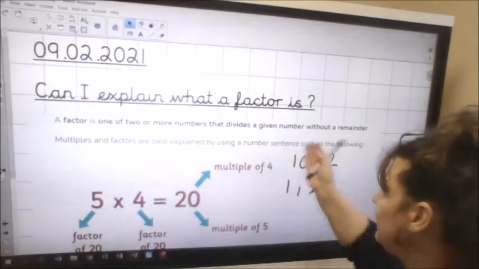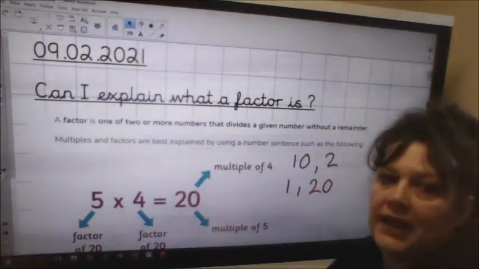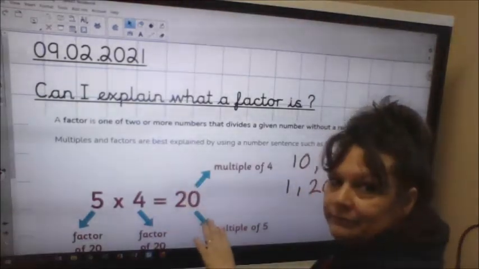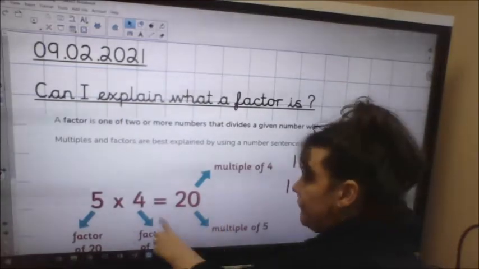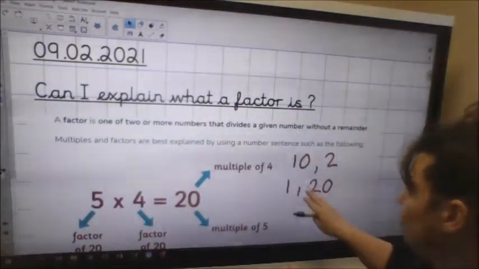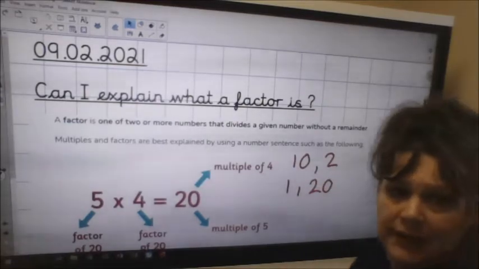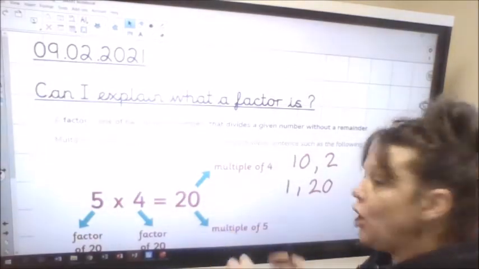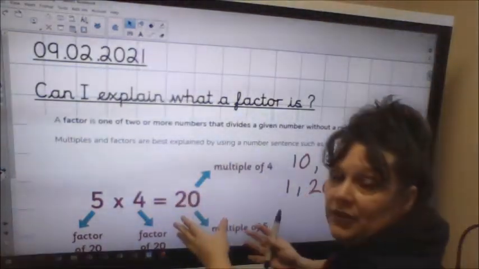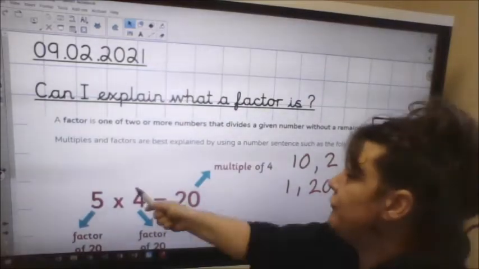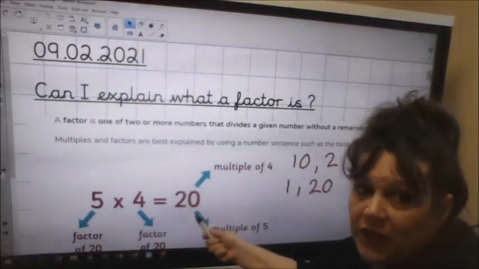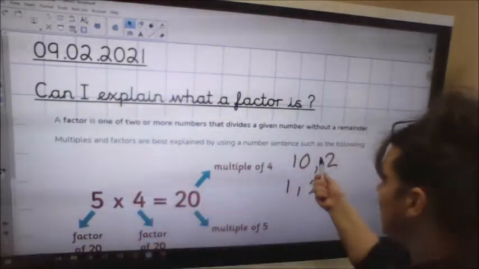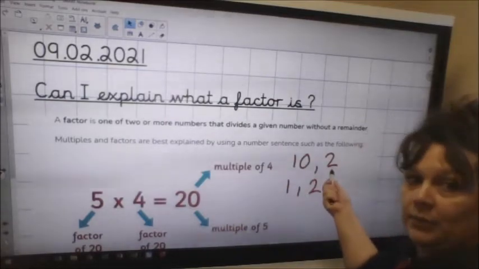Okay, so I've listed some factors of 20 on the board. So 20 is a multiple of 5 and 4. It's also a multiple of 10 and 2 and 1 and 20. Okay. And the factors of 20 are all of these numbers which will go into 20 and won't leave a remainder. So 5 goes into 20 4 times, 4 goes into 20 5 times, 10 goes into 20 2 times,